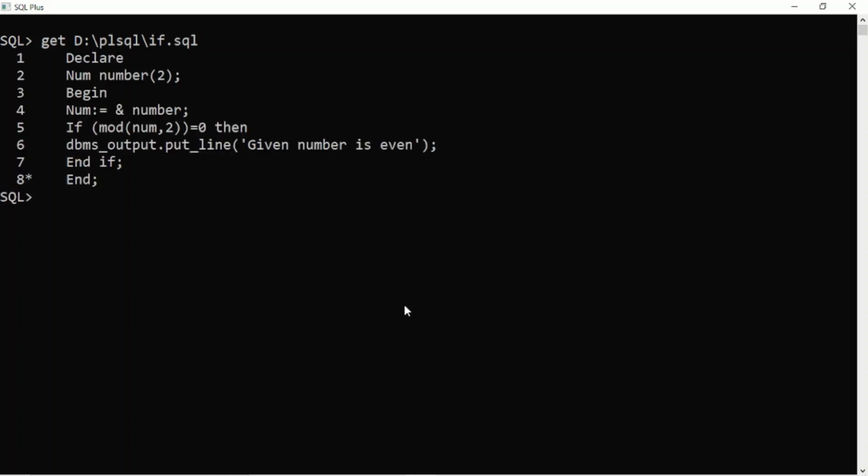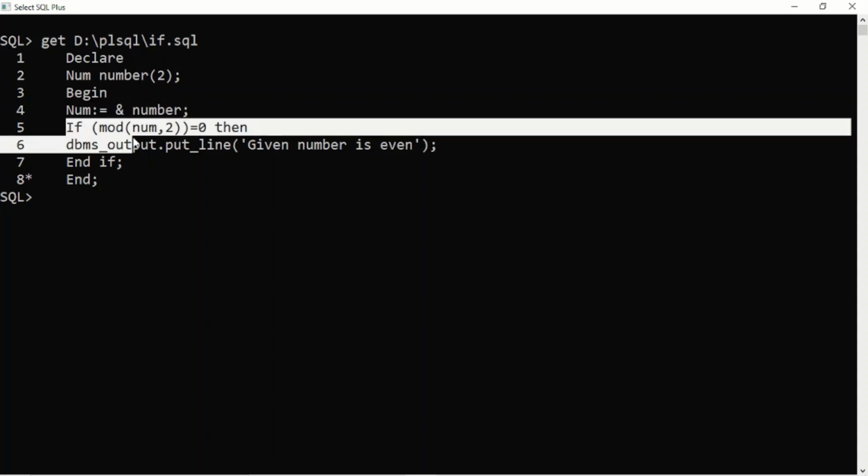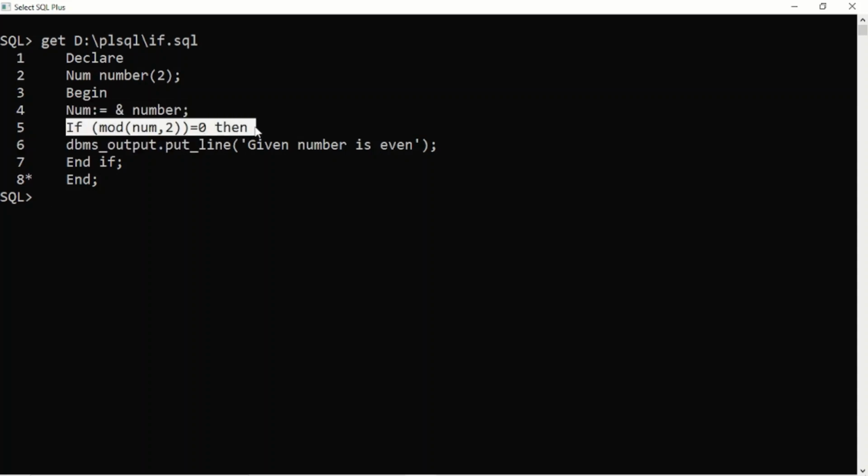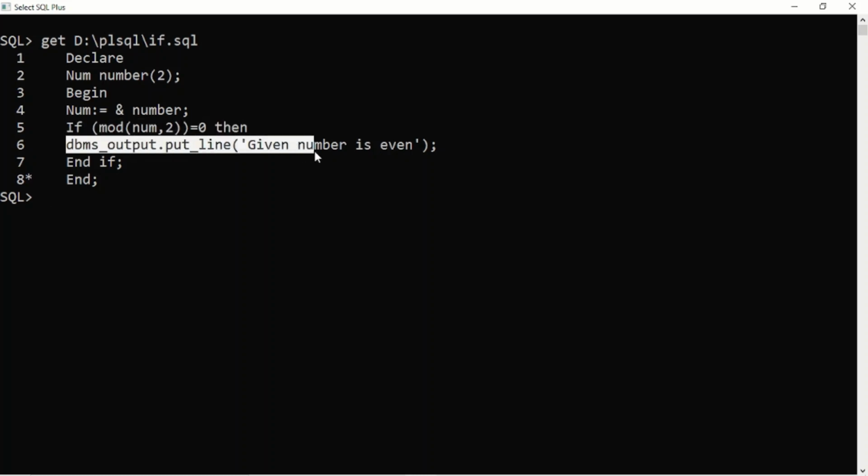So see this code, it's very simple. Declare, then we have taken a variable called number, then we have read this number from the user. This statement will check whether a given number is even or not. If this condition is true, in that case we'll get this as output.